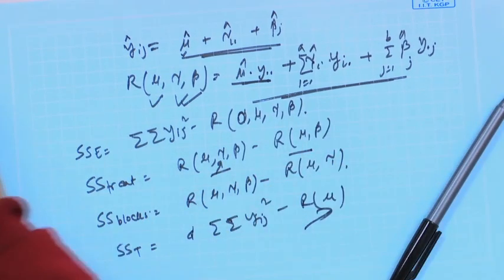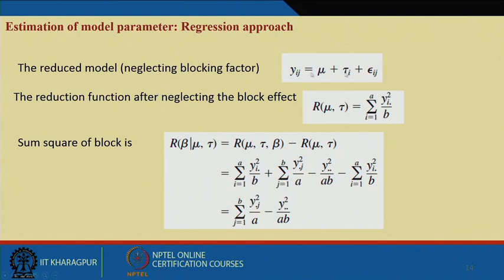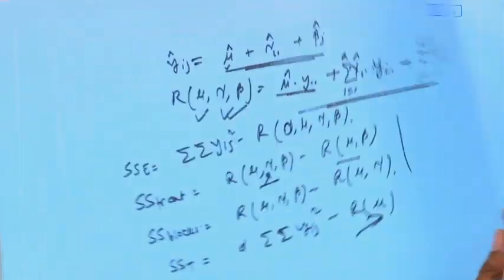Anyhow, so all those things from this regression approach we can estimate. You see what happened here: the reduced model is this, and you are getting the sum of squares treatment. If you want to get the sum of squares blocks, your model is without block, and then the reduction in variability without block is this, and then this minus this is this. Similarly, you will get SST also. So, I hope that you have understood